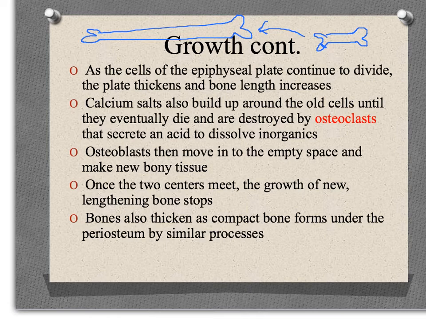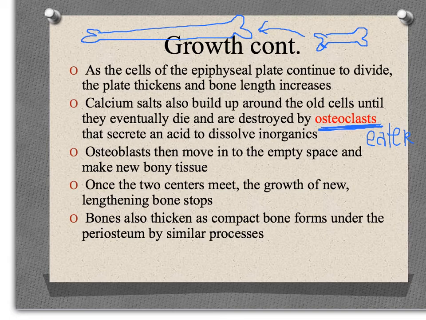Another thing that happens is as we age, old bone cells die, right? All cells die eventually. When the cells die, a special group of cells called osteoclasts, this basically means bone eaters, come in and eat up the broken bone or the old bone. They break it down and then they recycle the mineral parts and all kinds of other cell parts into new